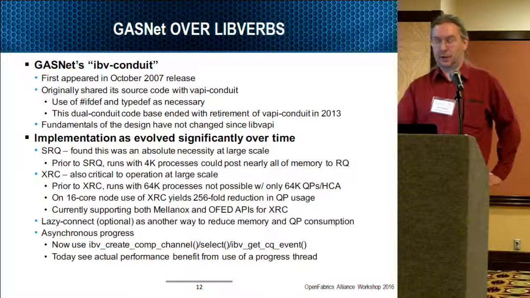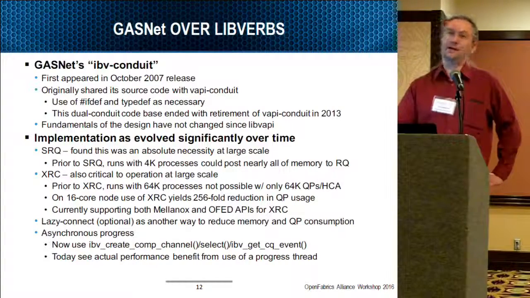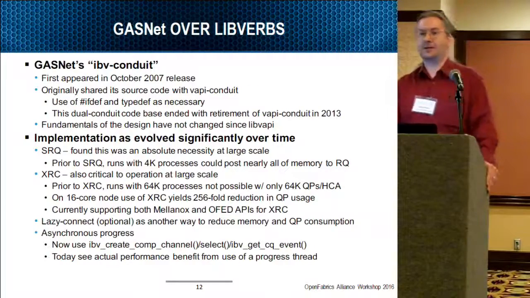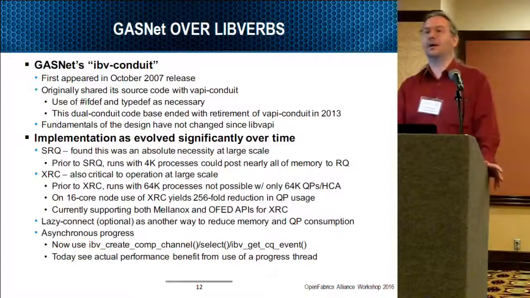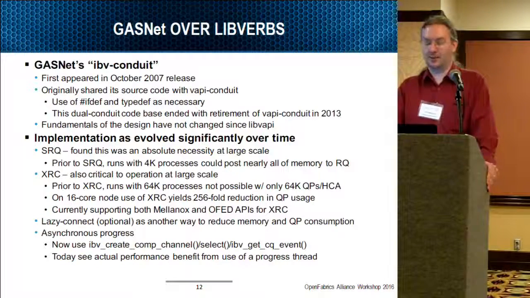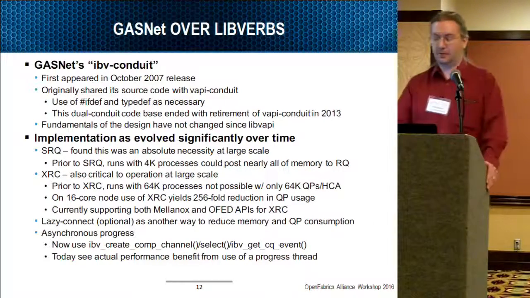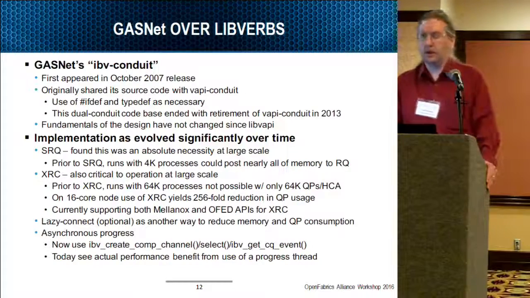XRC was similarly a problem. If I took those same 4K processes, which were on 4,000 nodes, and I tried to run all 16 cores of TACC Ranger, or 64K processes, well, the HCAs on that system were configured for 64K queue pairs, and I needed exactly that many. And of course, the subnet manager takes some resources, and the file system may take some resources, and basically, it did not run. There were not resources available to run that, and so XRC, with its scaling improvement being proportional to the square of the cores, a 256-fold reduction, was the only way it would work there, and it's made a huge difference.